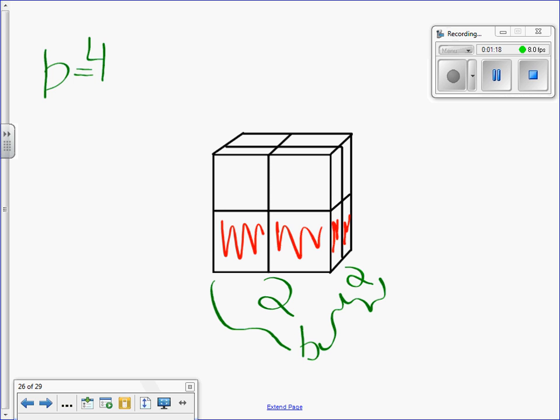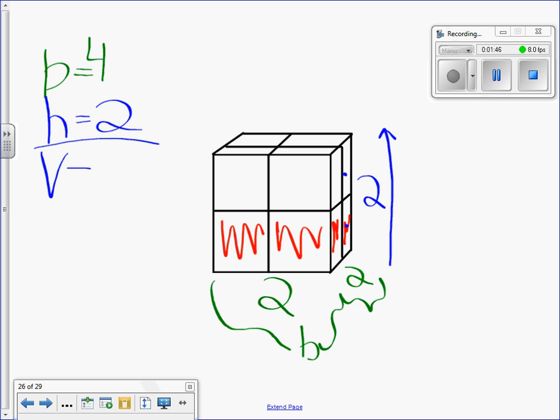Now, to find the volume of the rest of it, all we have to do is count the height. How tall is our skyscraper? So now I'm counting the height. I count 1 floor, 2 floors. I have 2 floors. So our base area was 4. Our height of our building was 2. Base times height for the whole skyscraper. Our volume equals 8. Let's say everything's in inches